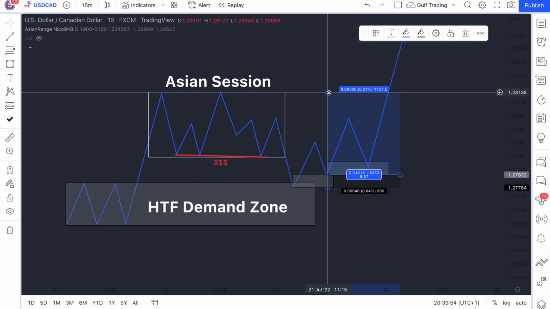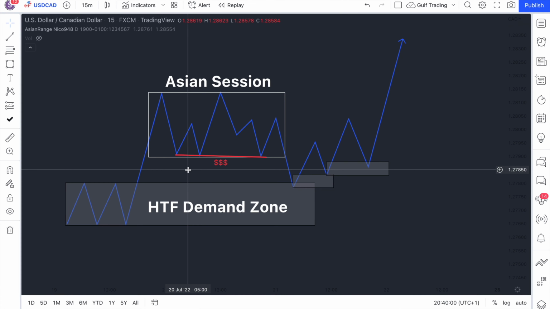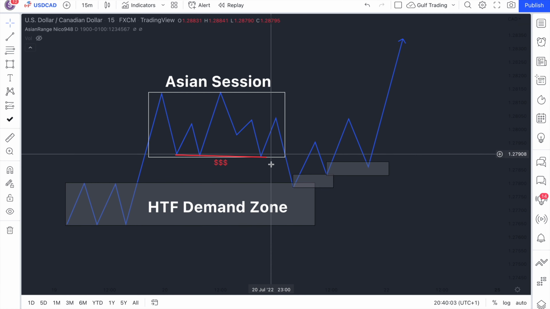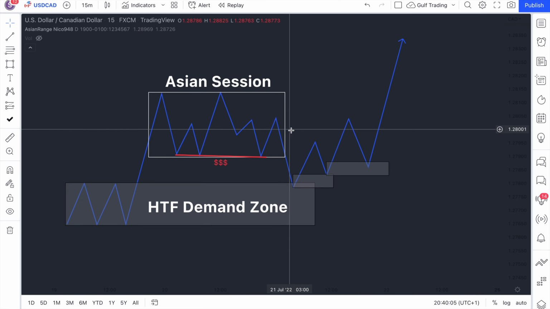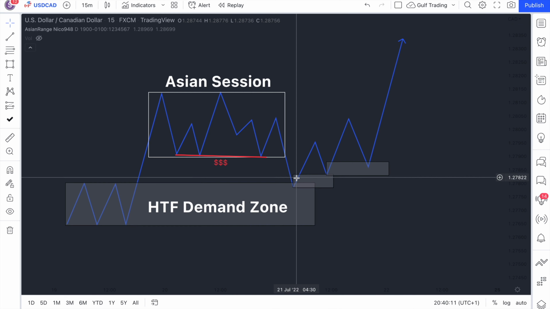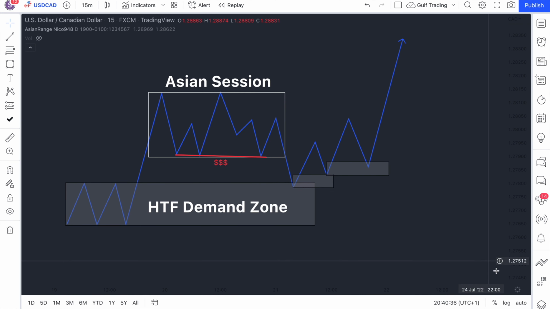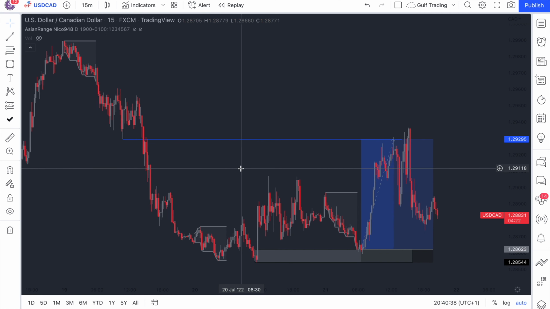And the reason this works is because institutions need liquidity to fill their huge position sizes, and so they're going to manipulate the markets to create this liquidity and induce retail traders to open positions, which will then create lots of sell orders below here, which then they can take by buying and then push price up. That's what it looks like textbook style, but if we go back to the charts, this is a trade I